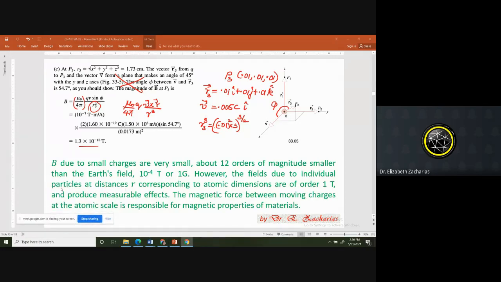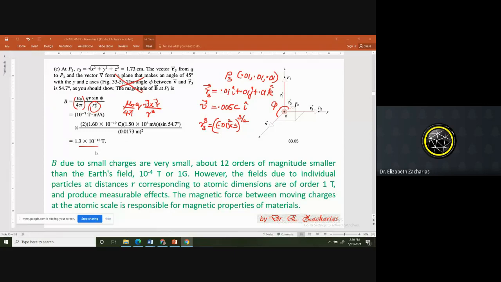What we are trying to tell is, in real situations, you never try to create a magnetic field by using single moving charges. Because the magnetic field obtained from single moving charges will be so small that it is of no use. You can't even measure it. Then the next question is, if that is the case, why the hell did we spend half an hour trying to learn about it? Will be your question. Why did you waste our time? We have 2 tests tomorrow. We could have gone and studied that. Why did you make us do this? Will be your question.